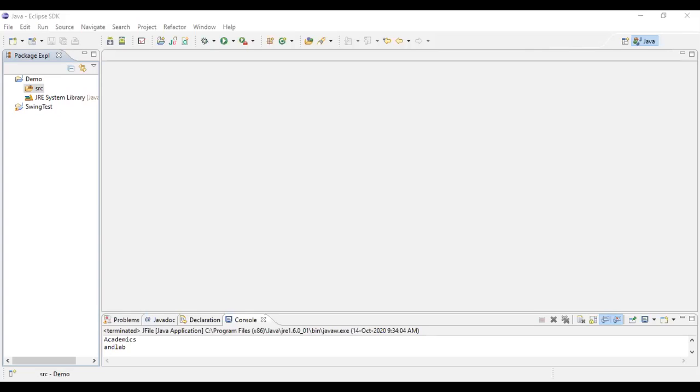In your websites, in portals, in software, when things load, you do see something like this. You call this a progress bar. The percentage goes on increasing up till 100. This particular thing is what you call a progress bar. So now we'll see how to create a progress bar in Java Swing.